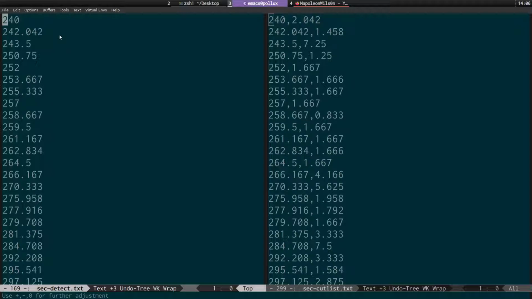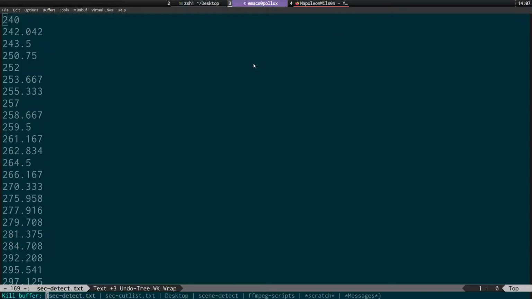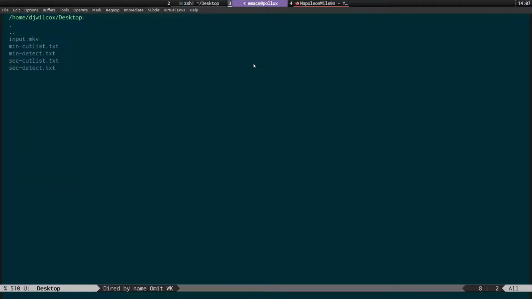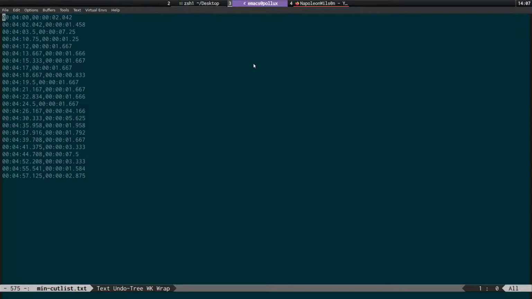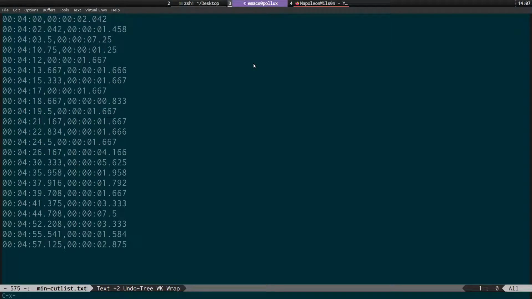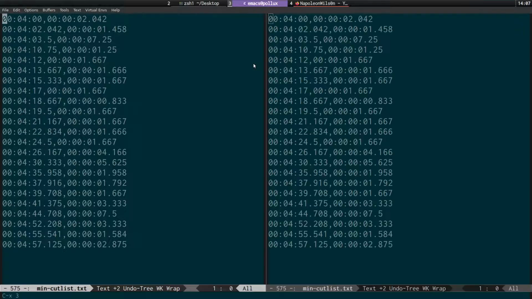So what the scene time script does is it basically goes through, takes the second line, subtracts it from that line to create the start point and the duration. So that's the seconds output, and now we'll have a look at the minute cut list and the